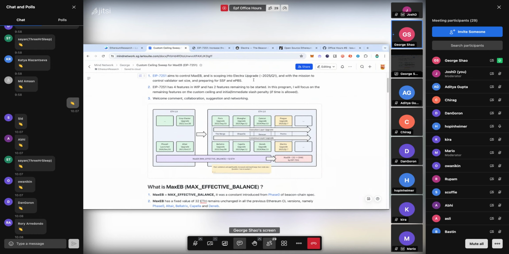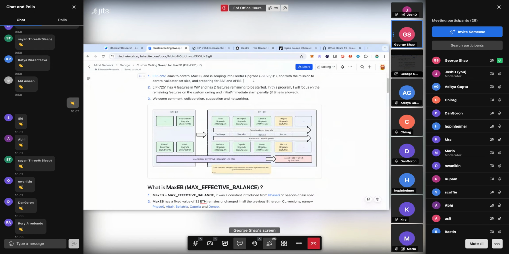The benefit of this EIP is that it has the mission to control the validator size, and that will contribute to SSF and also ePBS. So currently it has 4 features already work in progress. Given the urgent timeline, there are still 2 features remaining to start. So in this program, I will focus on working on the remaining feature, which is the custom sizing, setting up the custom sizing for the Swift,